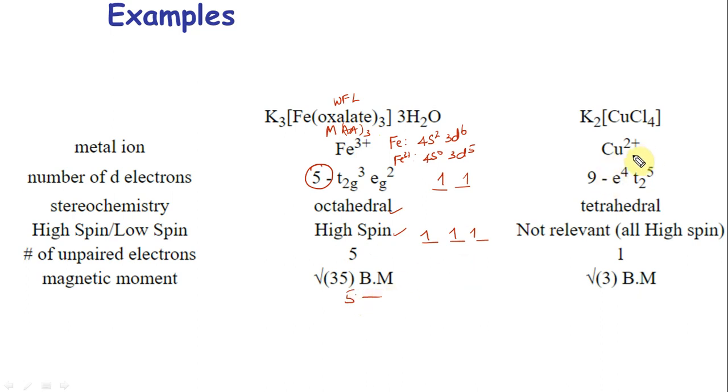Whereas here, this is copper. There are only 4, so it is going to be a tetra coordinated complex. Copper 2 plus is d9, so 9 electrons are there. It's a tetrahedral field, so it does not matter whether it is high spin or low spin. There is no competition there. It is always going to be no pairing, so it is always going to be high spin. If you look at the tetrahedral field, this is what you have: 1, 2, 3, 4, 5, 6, 7, 8, 9. So there is only 1 unpaired electron. Accordingly, it is going to be 1 point something. This is how you do it.